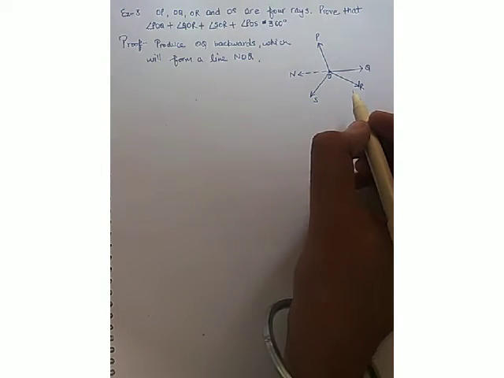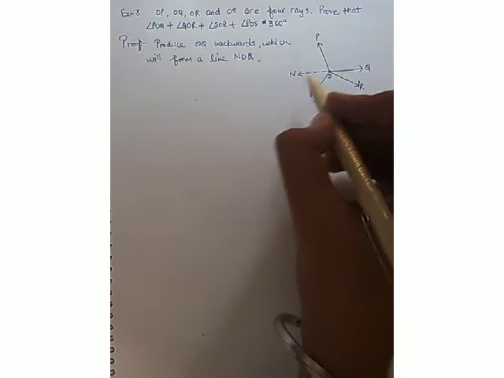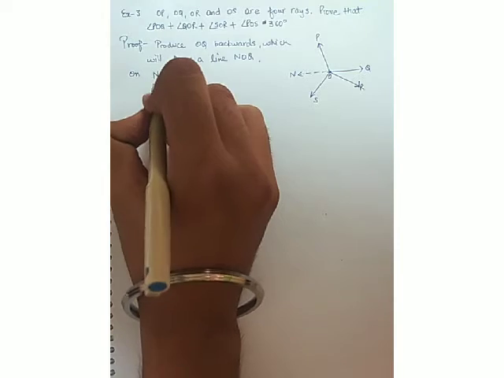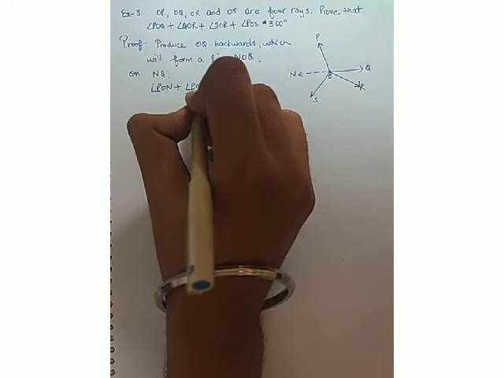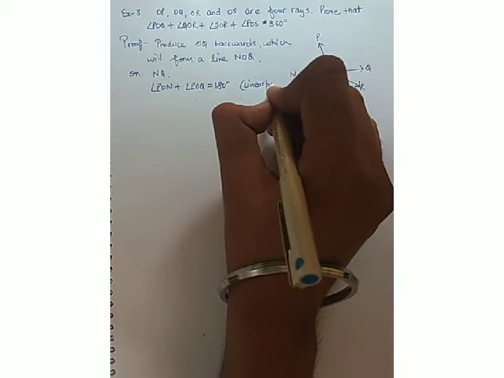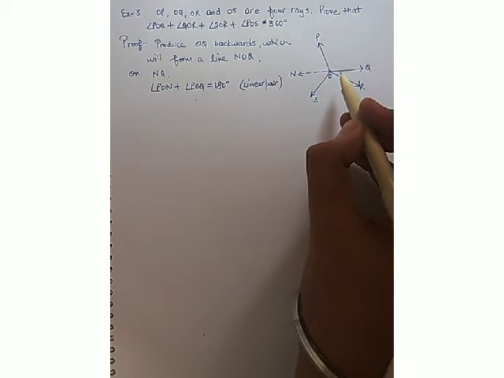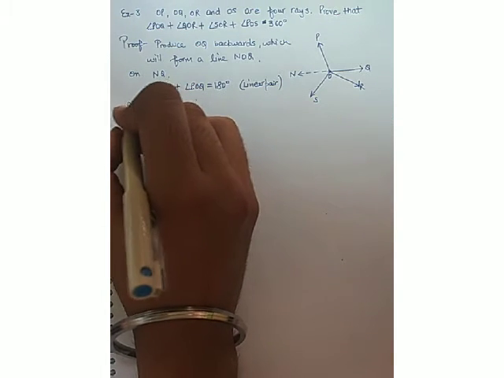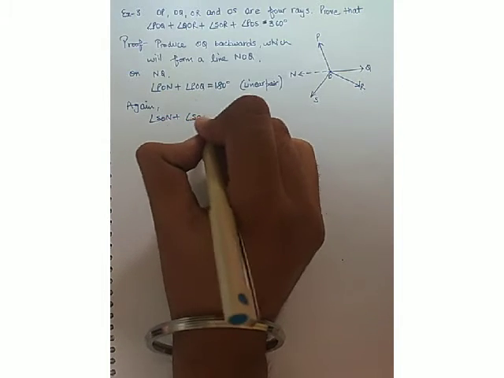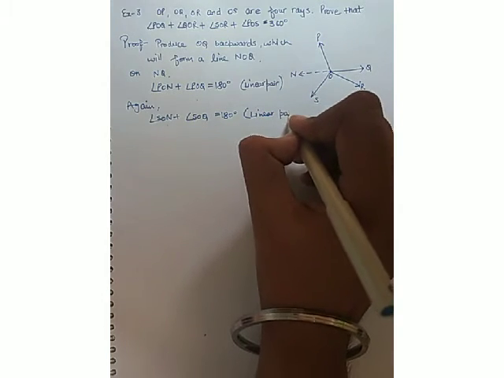Now we have got a line, we will apply the concept of linear pairs. Firstly, above this line there is one linear pair, PON plus POQ. Now on NQ, angle PON plus angle POQ will be equal to 180 degree. Why so? Because this is a linear pair. Clear? Now below this line, angle SON plus angle SOQ. Again on the same line, angle SON plus angle SOQ is equal to 180 degree. Again the same reason, because it's a linear pair.